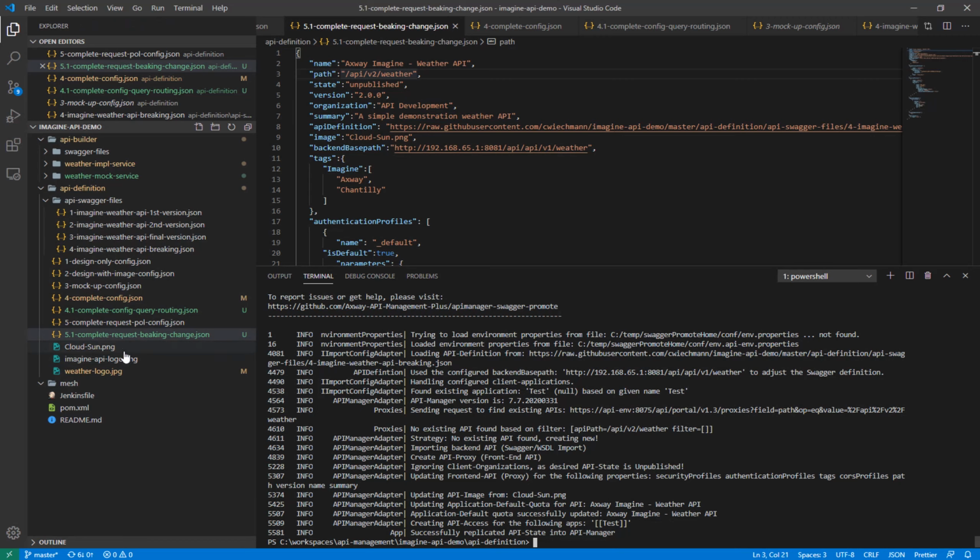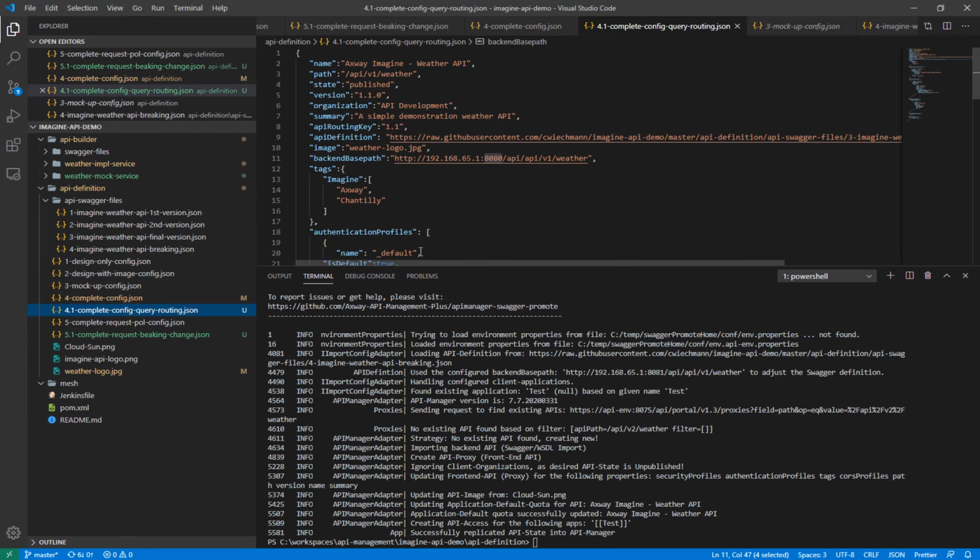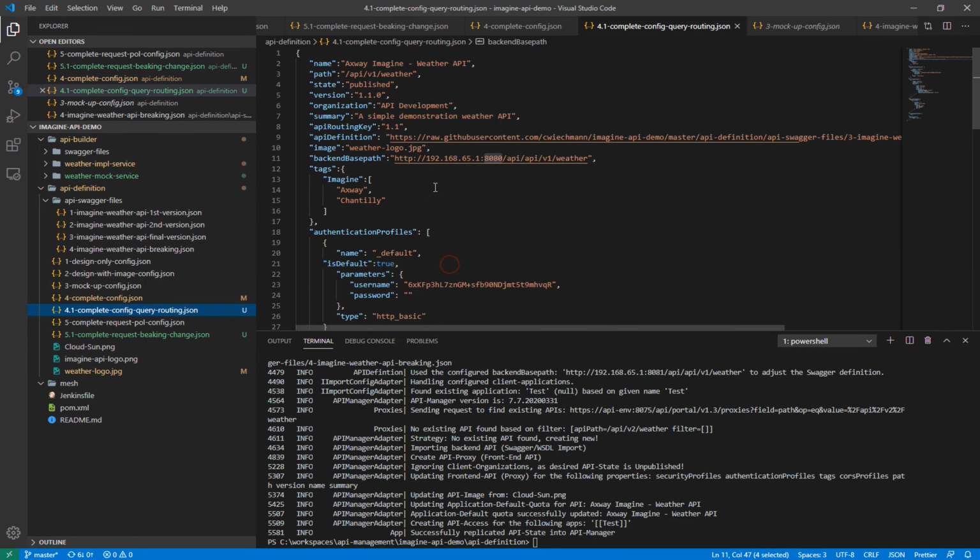And for that, I have configured the following configuration, which is the same exposure path as before, which is also in state published maybe, and the version should be indicated as 1.1, and this is the important difference, saying this should be the routing key 1.1,